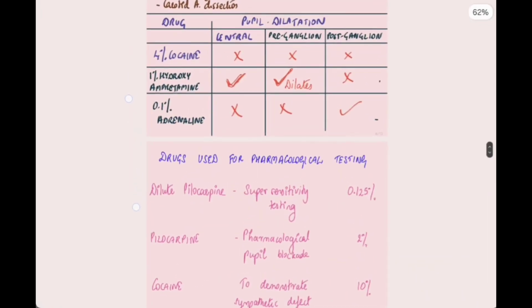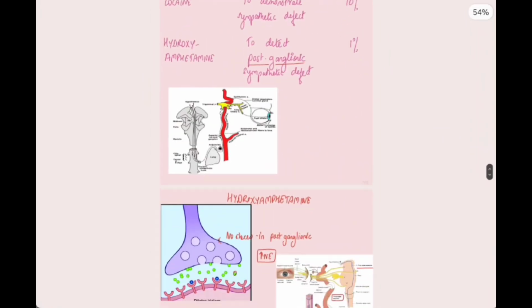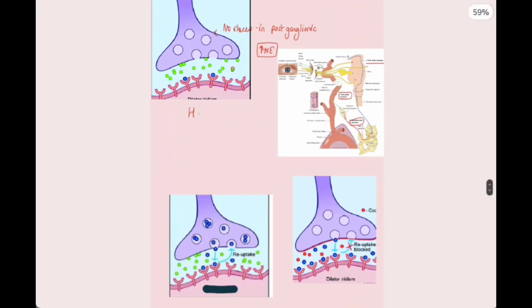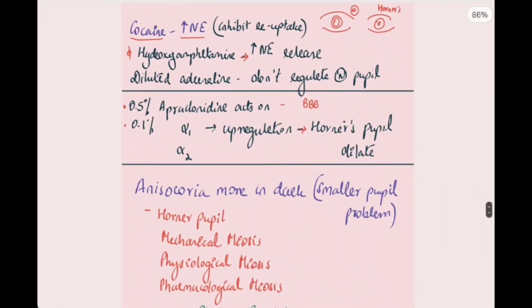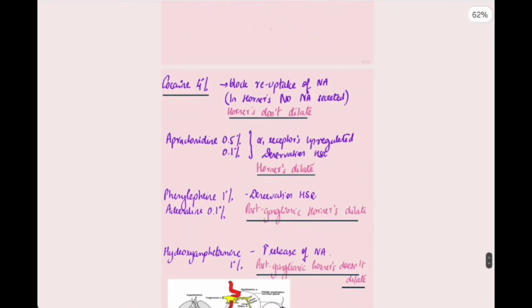Adrenaline 0.1% has an action similar to that of phenylephrine, that is, it will cause dilatation only in postganglionic lesions by hypersensitivity. In postganglionic Horner syndrome, the dilator pupillae muscle develops denervation hypersensitivity to adrenergic neurotransmitters due to its dysfunctional local motor nerve. Apraclonidine or cocaine is used to confirm the diagnosis. Hydroxyamphetamine and adrenaline may be used to differentiate a preganglionic, abnormal first or second order neuron, from a postganglionic lesion,